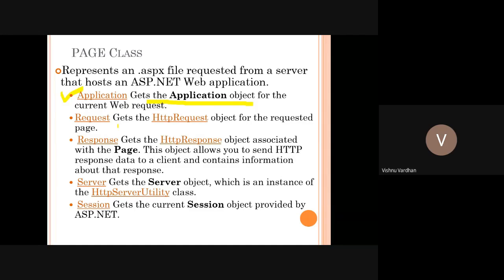Second one is request. Request is nothing but what we understood in the starting slide. It is a client generated request which is encapsulated in this way. This is a class. Okay, so that particular class object is being requested whenever we are calling this object. HttpRequest is the class name. Through this we are going to create this request. Similarly, HttpResponse is one more class through which we are going to have this response object.